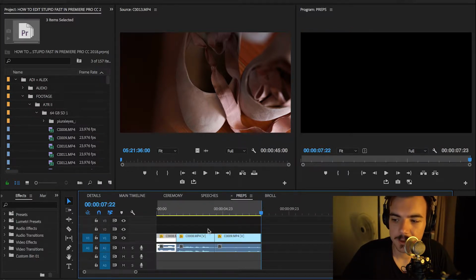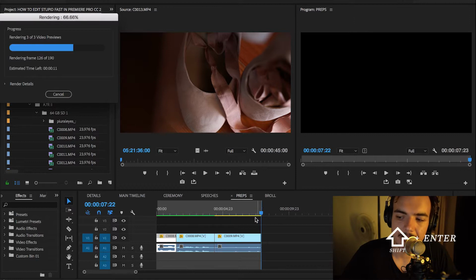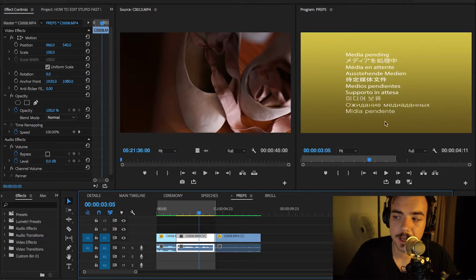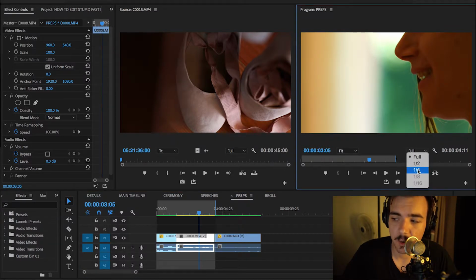Next, we're going to set an out point at the very end, and we're going to render our clips out so that way we can watch them play back without any lagging. That's going to be Shift Enter. Another way of increasing the speed of the playback is by dropping the quality down to say a quarter. That way your computer doesn't have to process all the pixels, and it'll play back a lot more smoothly